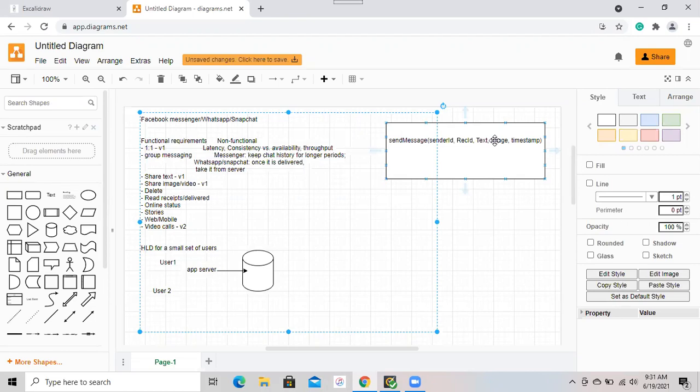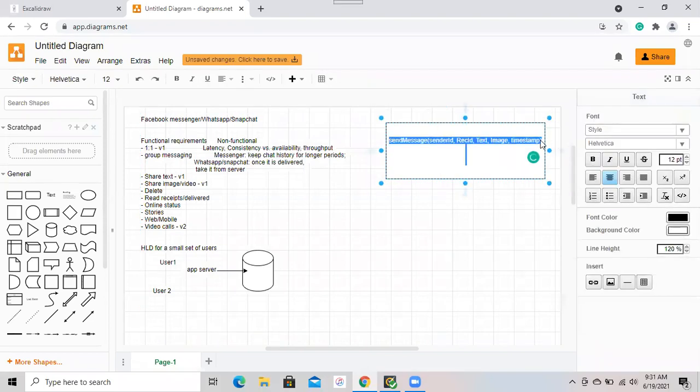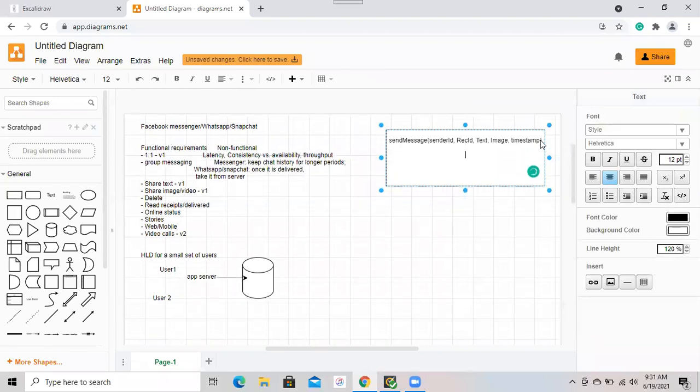So from that perspective, I thought the storage for text and image will be different, and also how I deliver it will be different. So it would be good if I can split my text and image or video storage. By that, I mean that when a message comes here,